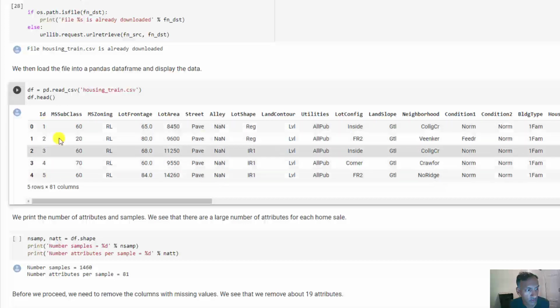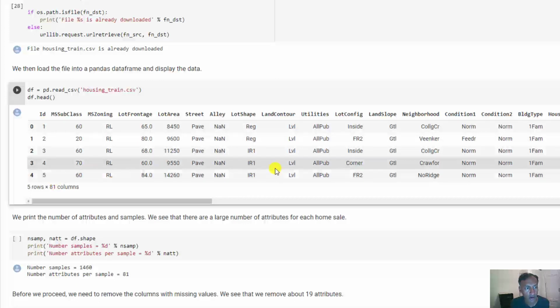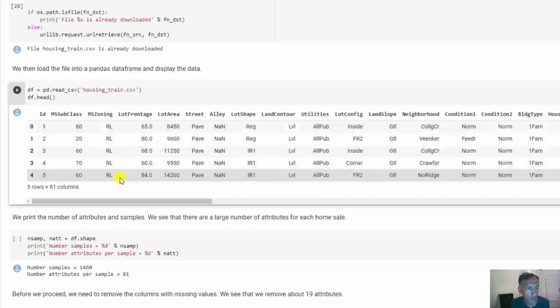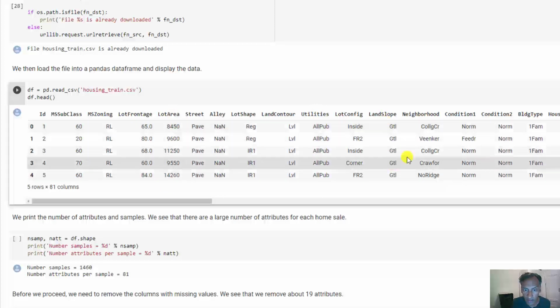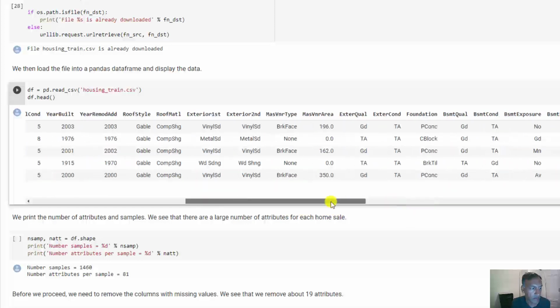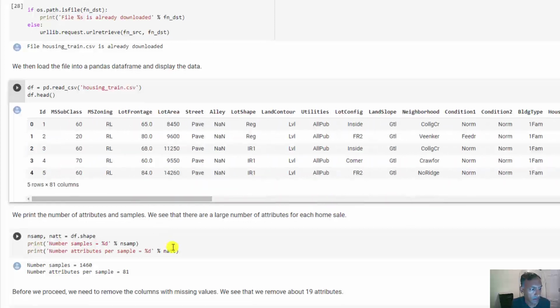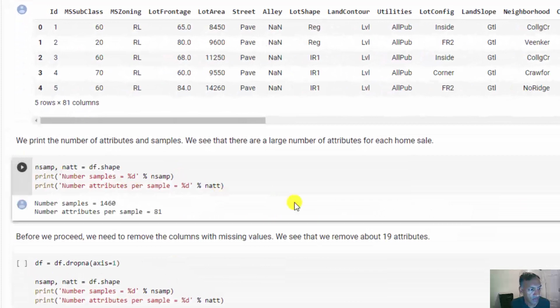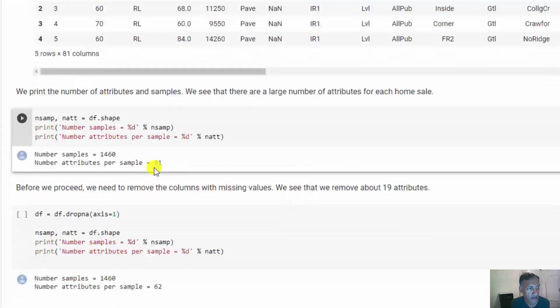I've just printed the first 5 columns. And one thing that becomes really obvious is that there's a large number of features. The zoning type, the lot area, some utilities information, the slope of the land, the neighborhood, and so on. There's about 81 of these, in fact. All right, if you look at the total size of this data set, we have about 1460 samples and 81